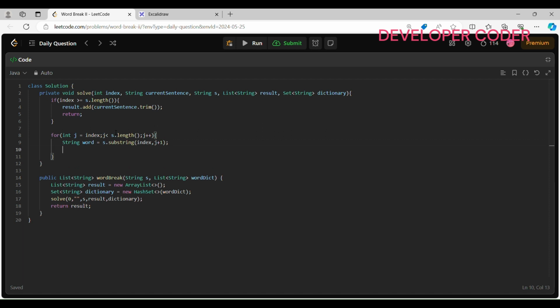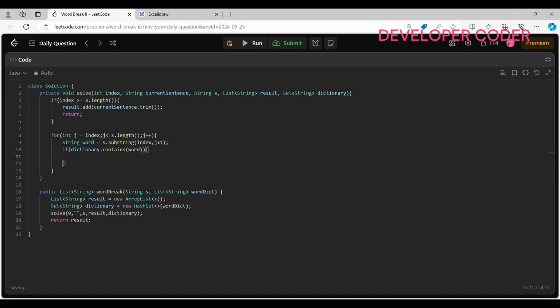Since we are using a set, I'm just going to write: if my dictionary dot contains this specific word, then in that case,